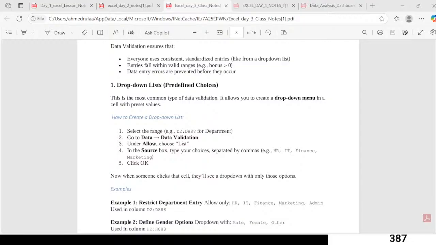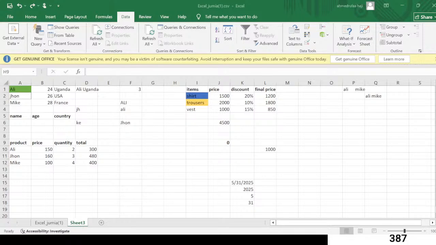Okay, so open your Excel. When you open your Excel, there's this information we have. Okay, we want to do a drop down. Maybe the items. So select the range you want, then go to data validation. It is found at the Data tab, so just click there. Under Allow, we have a list, choose the list. Under Source, now